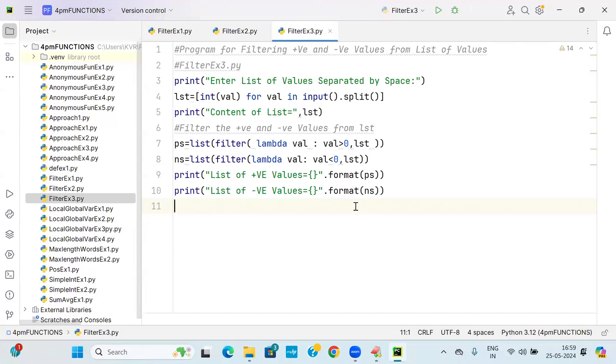Open the notes. Write a Python program which will accept a list of values. List of numerical values. Right? And obtain